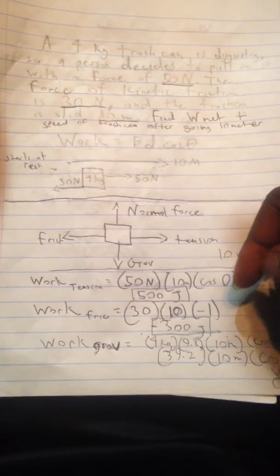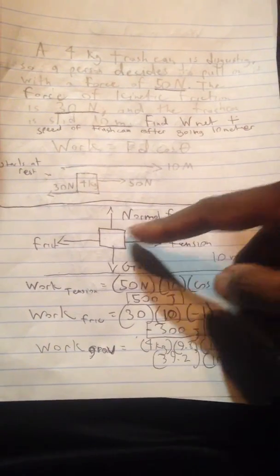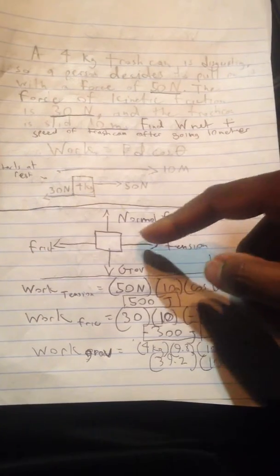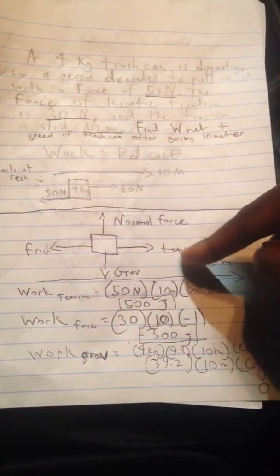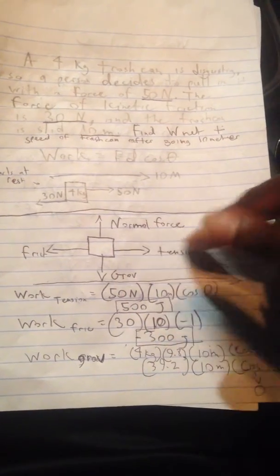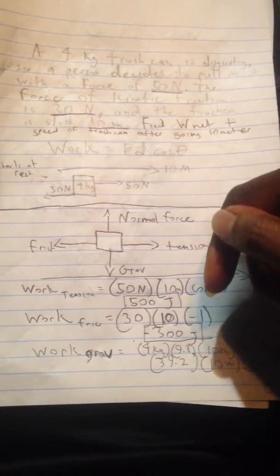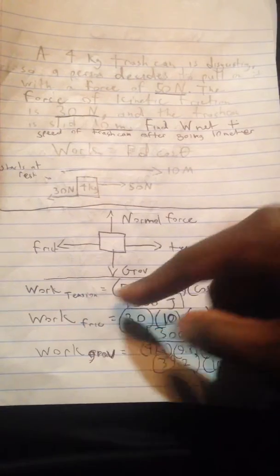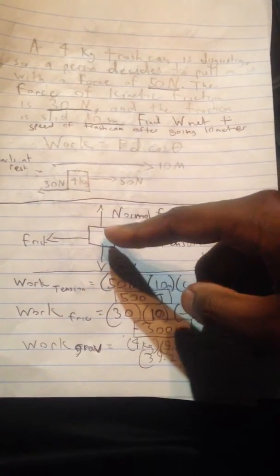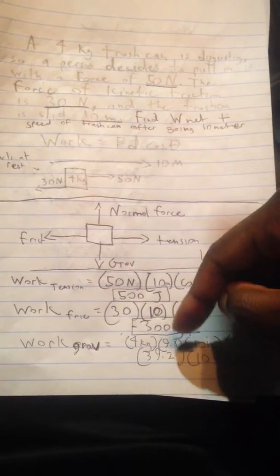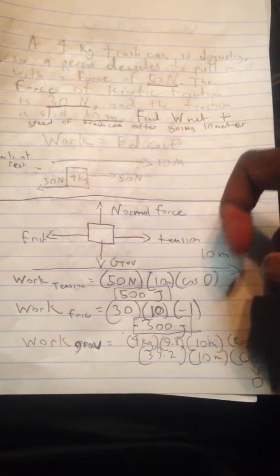I derive cosine 0 because the force and the distance it's being pulled form a 0 degree angle, and they're both going in the same direction, so it's 0. So I got 500 joules for the work of tension, and I have 30 newtons for the kinetic friction, times the 10 meters it is being pulled to the right,